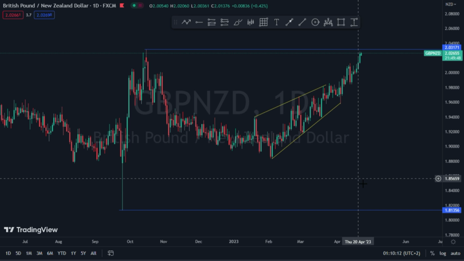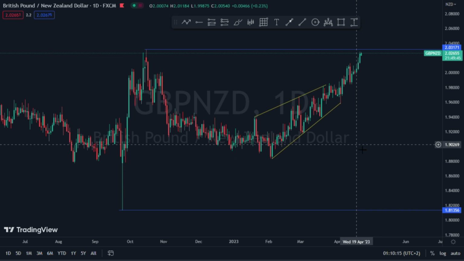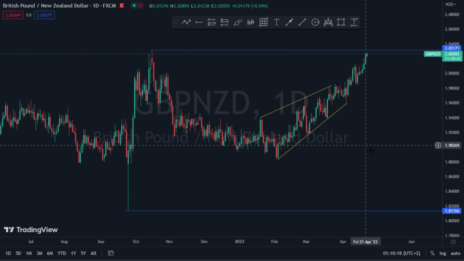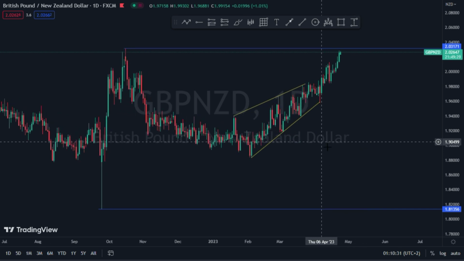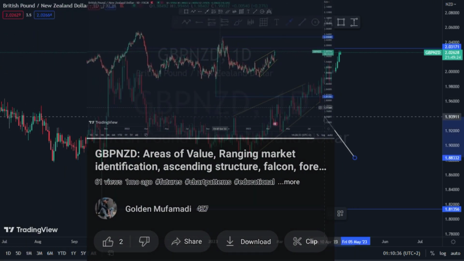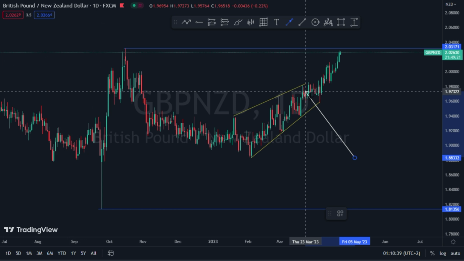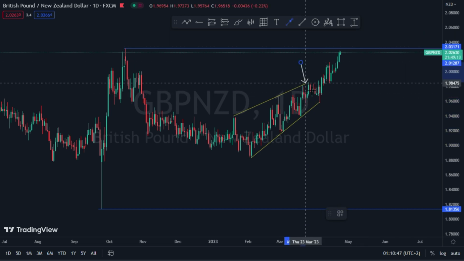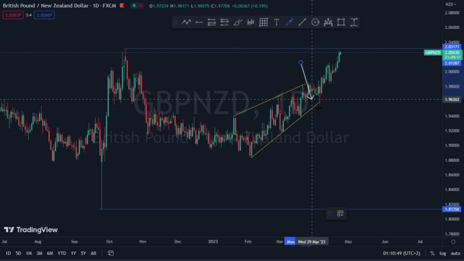Let's quickly look at this GBPNZD. This is just a quick recap, because I previously did an analysis on it. If you watched my previous analysis, the market was still around these areas right here, and my prediction was that the market should maybe turn from these levels to continue moving to the